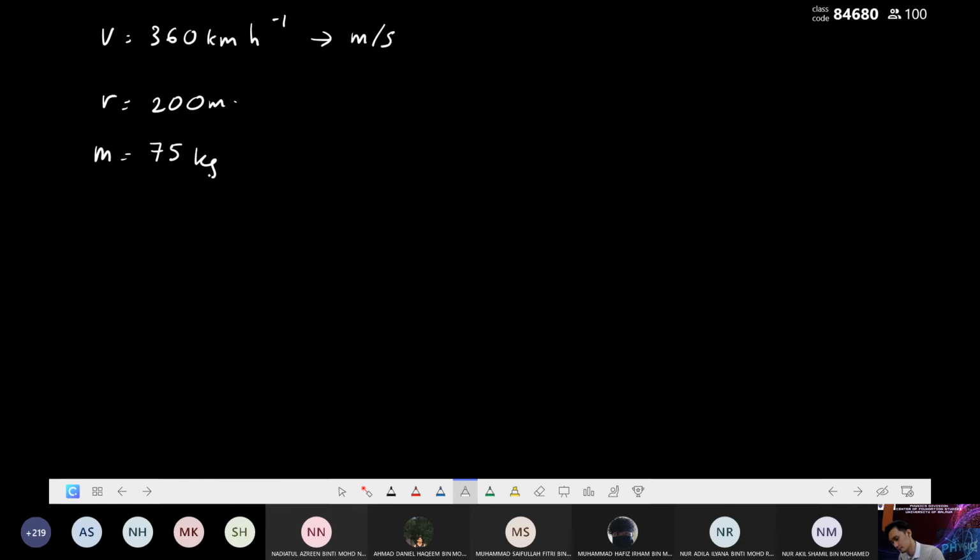Maybe ada yang tak tukar the speed 360 ni into meter per second. Okay, and then vertical of radius is 200 meter, and then the pilot mass is 75 kg. Okay, value of forces at lowest and highest. Okay, dia nak force